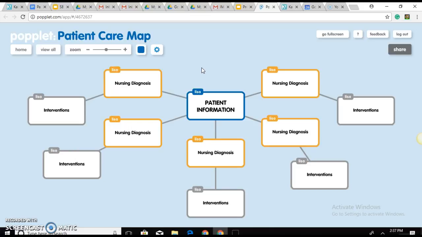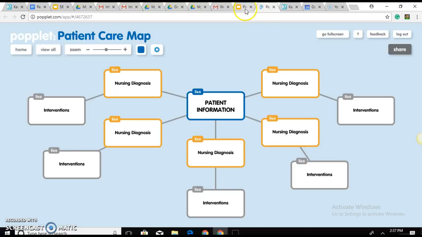Concept mapping is a great visual learning technique that I feel will eventually take the place of the long drawn out nursing care plans that we use in nursing school, because concept mapping and patient care mapping is so visual, it really gives you an idea of where you need to focus your critical thinking, your reflective thinking, and really it helps in the long run to develop that critical